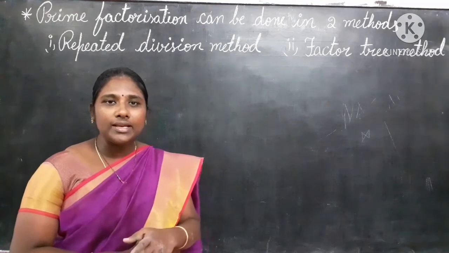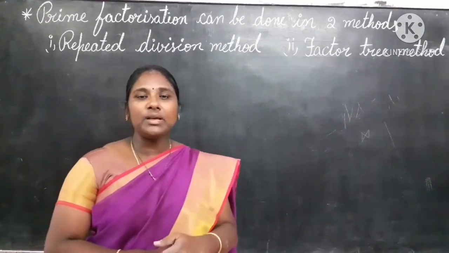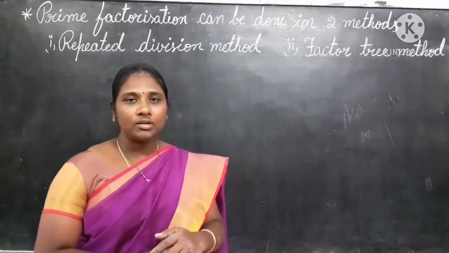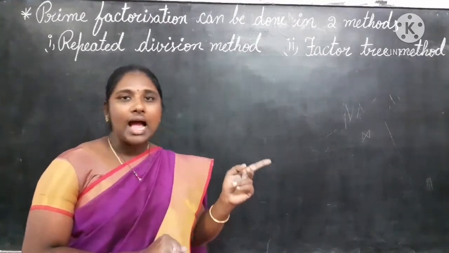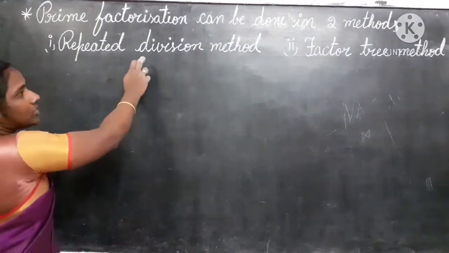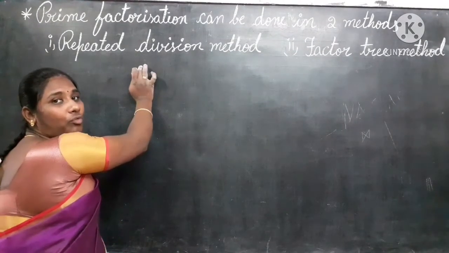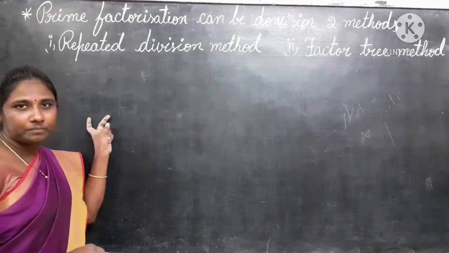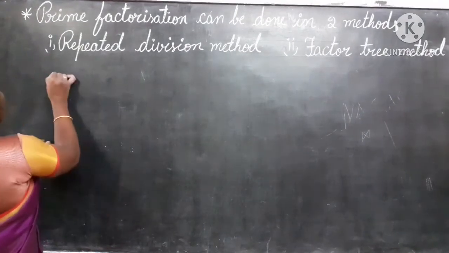The first one is the repeated division method. The second one is the factor tree method. Now we are learning how to solve the given problems in the repeated division method. Okay, now for example,